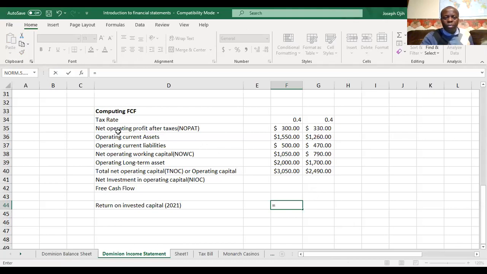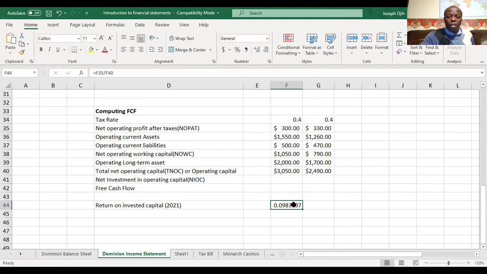NOPAT again, like I explained, is net operating profit after tax, divided by total net operating capital, or you can just call it operating capital. And that gives us 0.098,